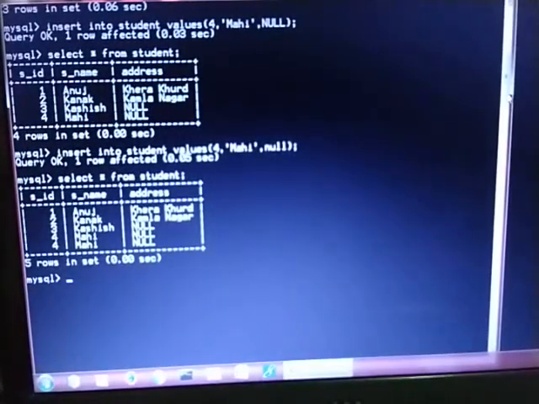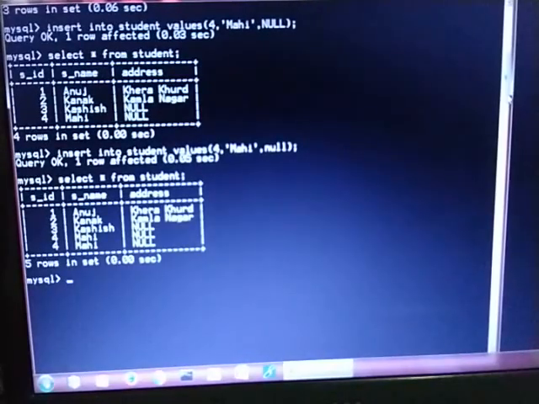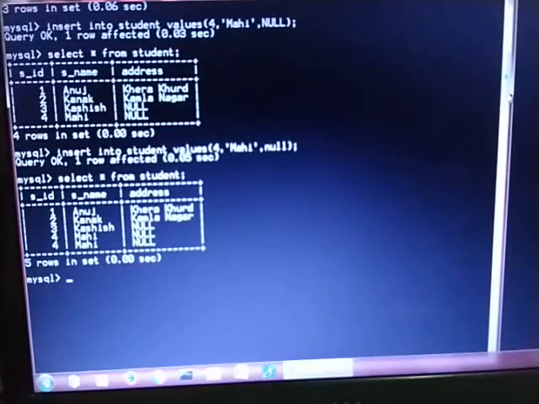So what we have seen till now, we have seen how to create a database, how to use that particular database, then how to create a table, and then after how to insert the records and how to insert the null values. Now I am going to tell you how to write the update command. Now I want to update the name of Mahi whose ID is 4, but at both the places 4 is there, so it will update the name at 2 places.